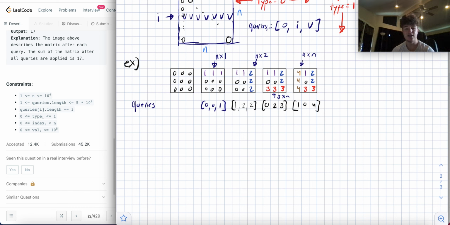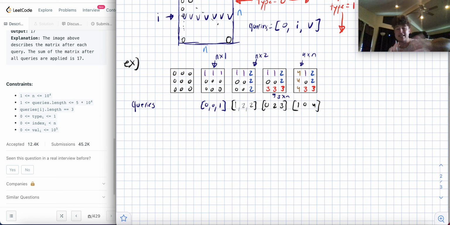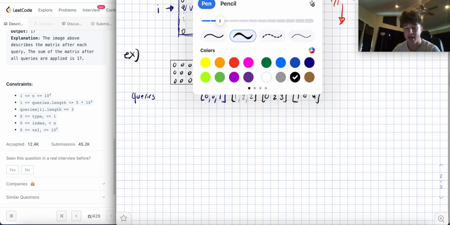So I guess every time you use a value, there's going to be n of those values in your array until it gets overwritten, right? The only time that isn't true is with the last value, because the last value is the last thing to be painted, so nothing will ever be painted over it, right? And anything that comes before it will be painted over by this 4, right? These 4s are set in stone. That's the last thing that gets painted in this array, and anything that comes before it will be overpainted by these 4s, right? So when I look at the solution, maybe it's better to look at this array backwards and say, well,